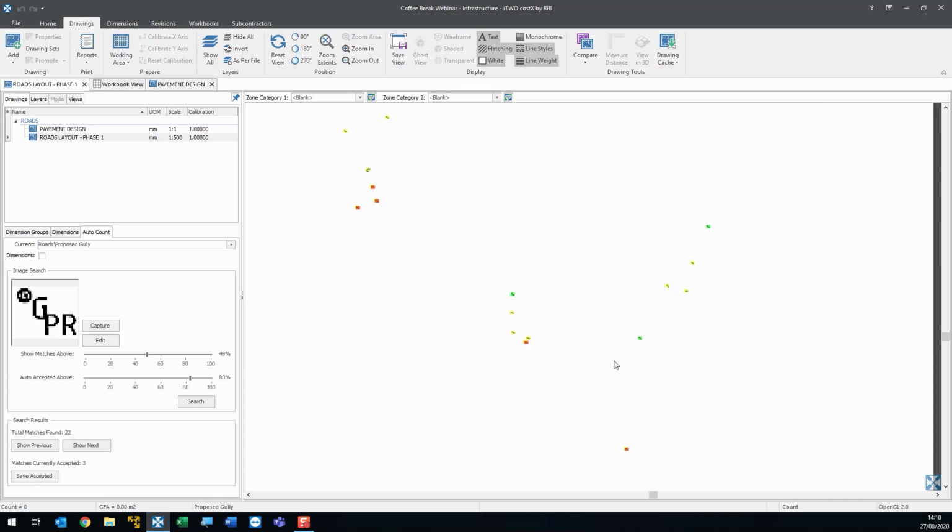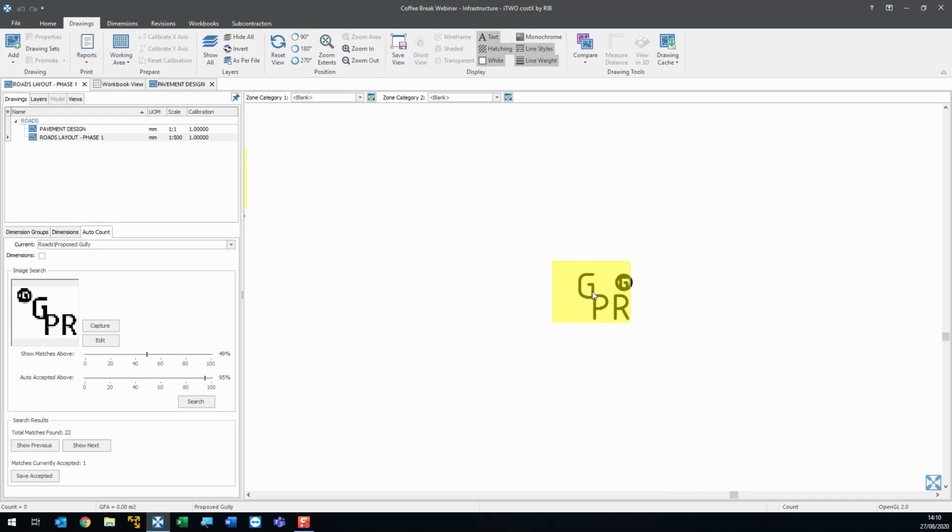Okay, I'm just going to pick up a few of those matches there and then cycle through them using show next and show previous. You can also use the period and comma to cycle through them. So I'm going to accept it,